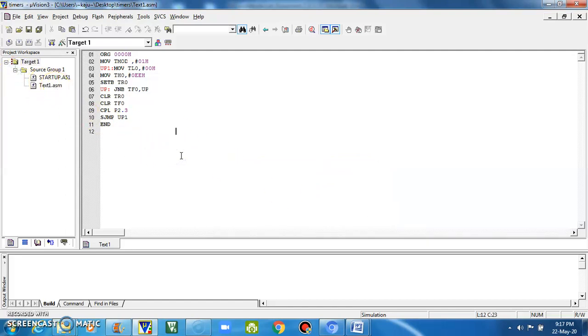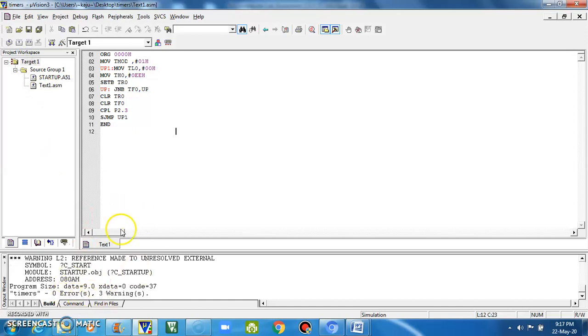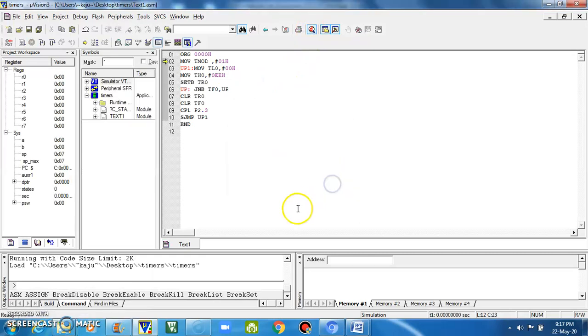What is the next task? Next I need to save and check the errors. How to check? Click on these three options. Here there are no errors. As for warnings, if it is a warning you can just exclude it. Next I need to check the output for this program. How to check? Again go for the debug. In the debug, how to check this one?